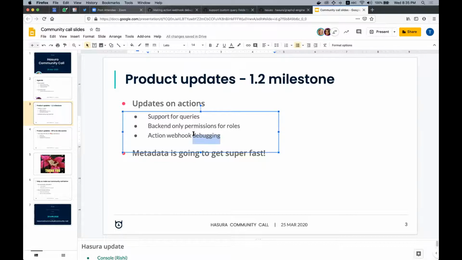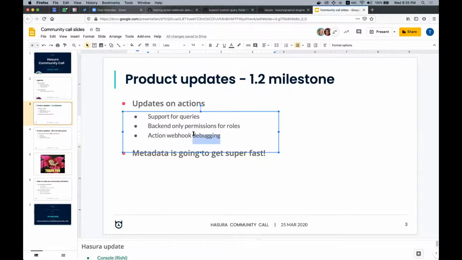And so what we'll be doing here is making that information, especially errors that have happened that are unforeseen, that you don't expect, easier for you to view on GraphQL itself so that you don't have to look at logs and you can basically debug all of your actions from Hasura's console itself.